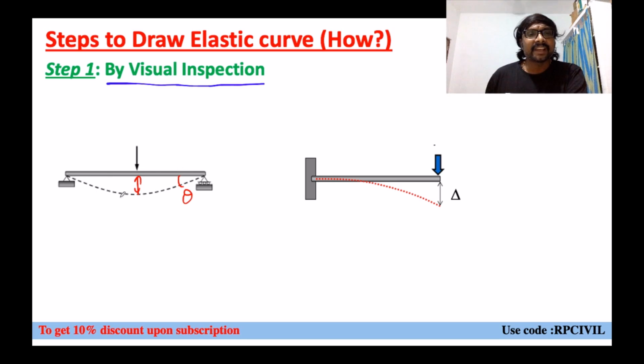Always, this elastic curve will be of which shape? Curved shape only. It is not linear. Only for mechanisms will the elastic curve be linear. But for structures, it will be curved, right? That is how we can identify it. Visual inspection, how can I identify now? Always, if you observe, this load is acting transverse to the member like this, then the deflection curve or elastic curve also will be spread in the perpendicular direction of the load acting. Yes, and in the load acting direction we are having some deformations, right?